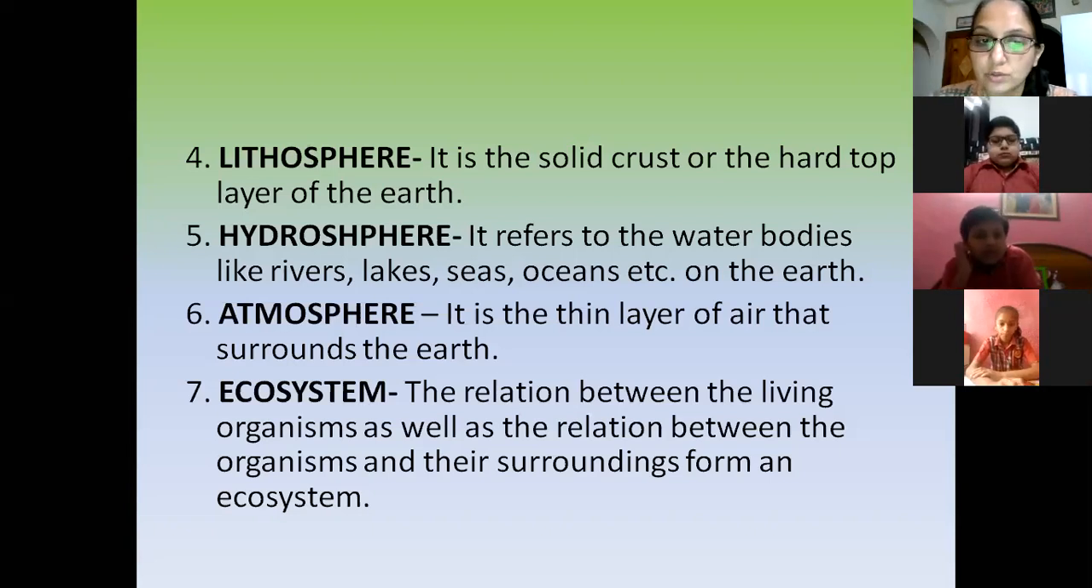Then we have ecosystem. What is ecosystem? Ecosystem is the relationship between living organisms as well as the relationship between organisms and their surroundings. For example, if I talk about a pond,